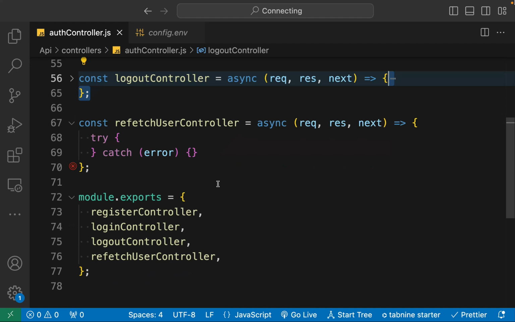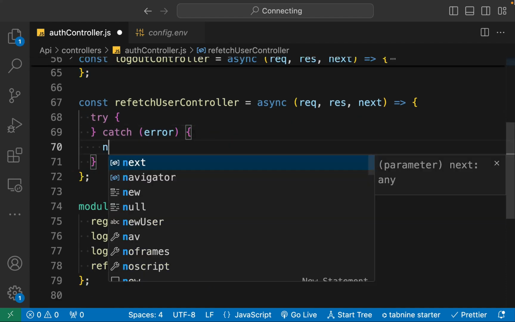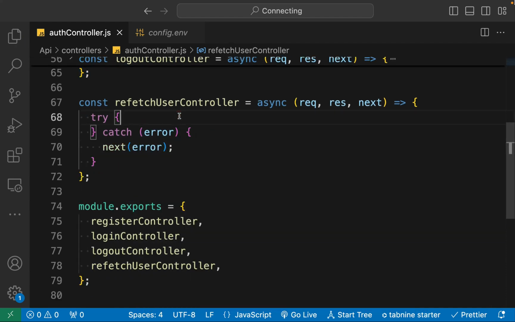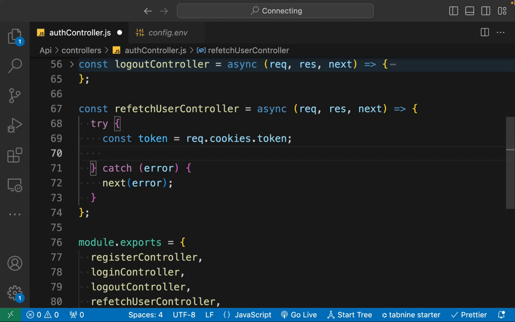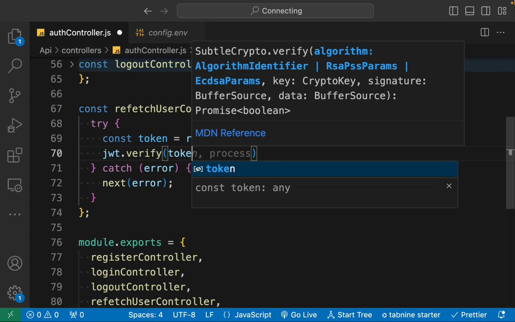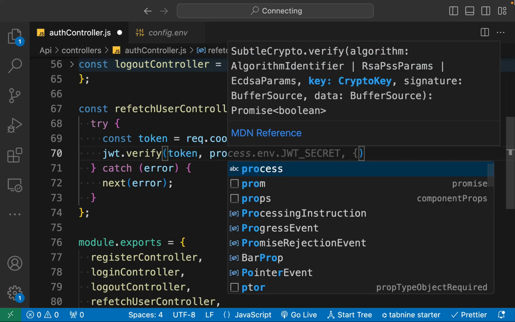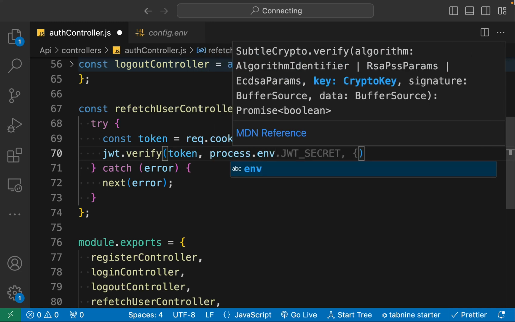So it's going to give us the information about the user. So it's going to be a next. Then we can come back here, and we're going to take this token, because this token is available in the request body, and this particular function will get called every time there is a page reload. So we'll take this request cookie token, then we can simply check, we'll say verify, we'll pass this token, we'll take this process.env.JWT_SECRET, and we have to simply take this async,